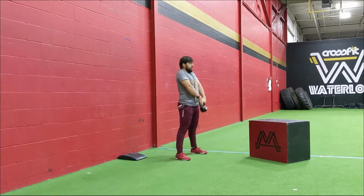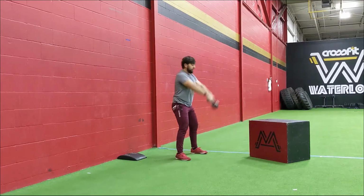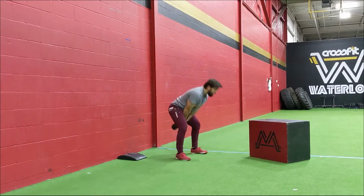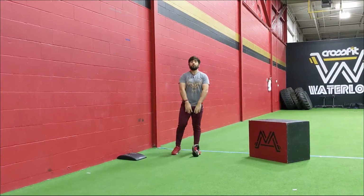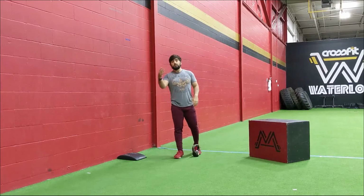Think about driving hard through the legs and use more of that arc to get that kettlebell up, rather than trying to pull your elbows straight up and over. I would use this as an option instead of that pull. I would go around that arc so I can use more of my legs, save my arms later for the